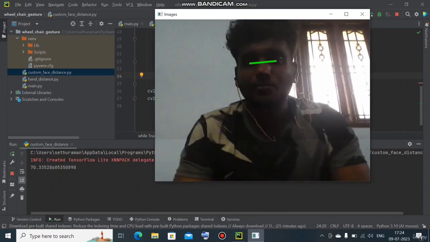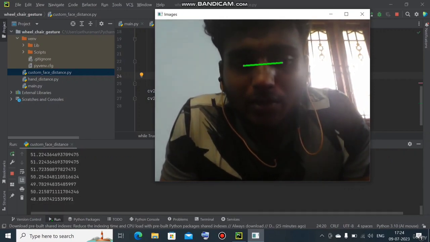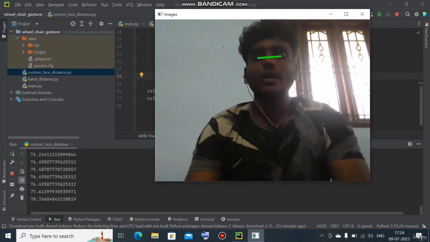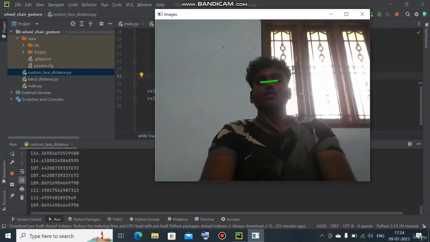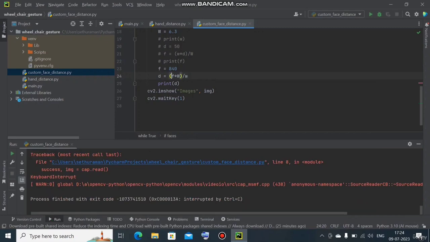It is running. So let us see, when I come closer to the camera, it is decreasing as we guessed, and when I go far from the camera, it is increasing. So now we will make it an integer. To make it an integer, you can add int. Instead of printing in the terminal, we need to display that result on the screen itself. So for that we can use cvzone dot putTextRect,